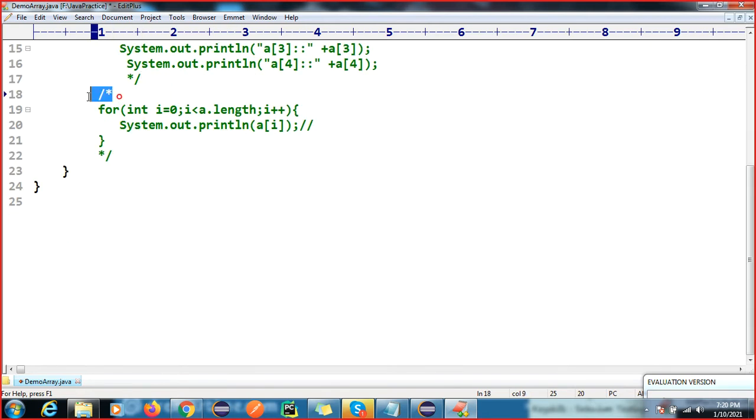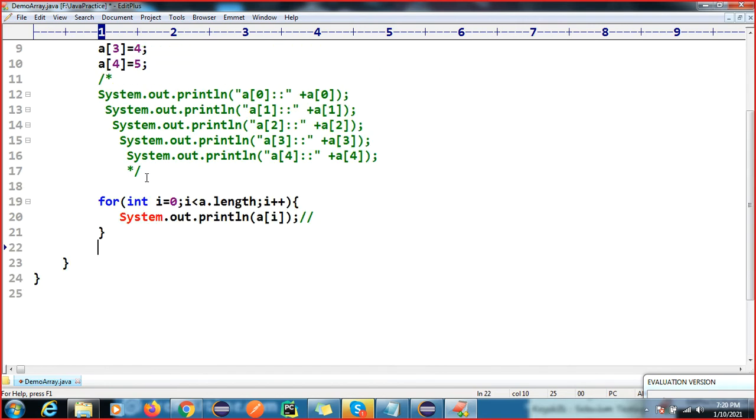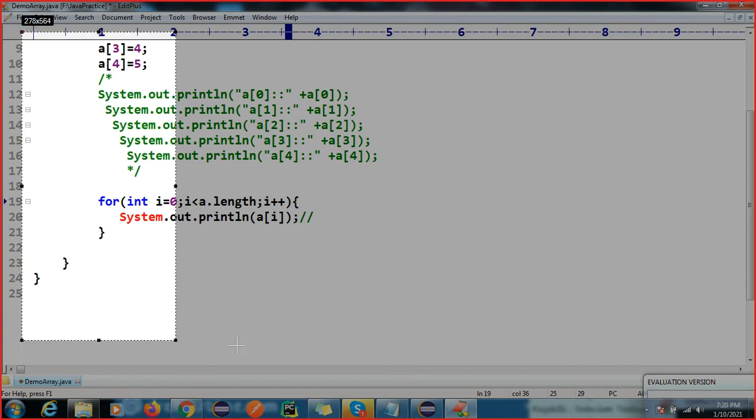Now we have to understand how this for loop works. The for loop has three parts: initialization, the condition check, and the increment or decrement.